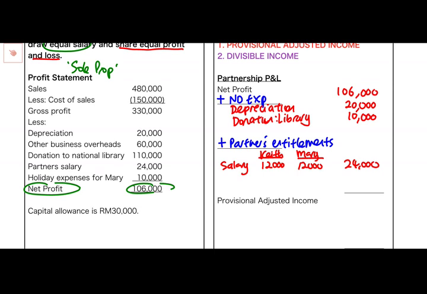And then they also mentioned to you that there are holiday expenses that Mary enjoyed, which is 10,000. Okay? Now,